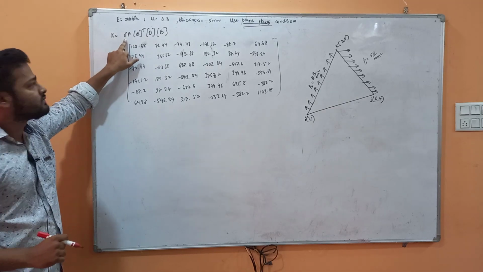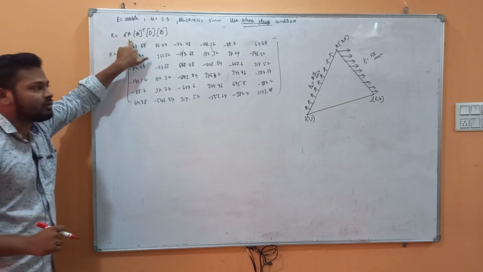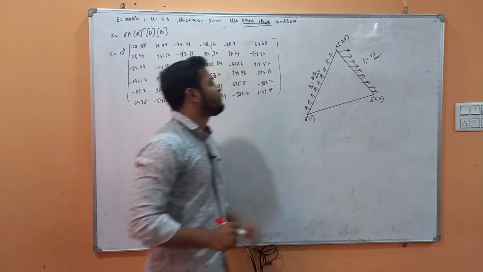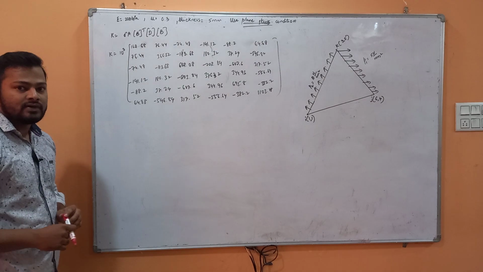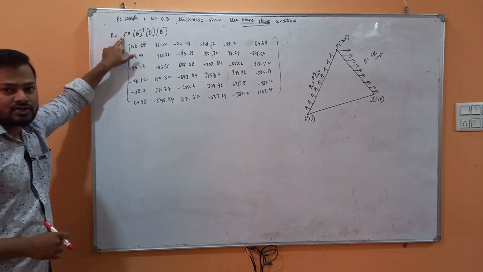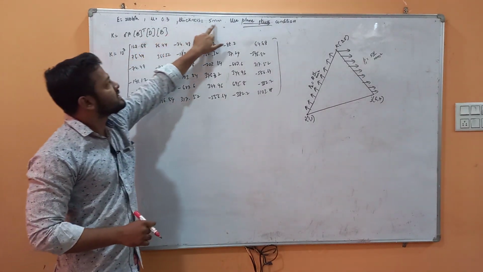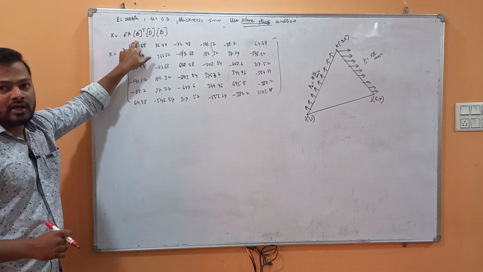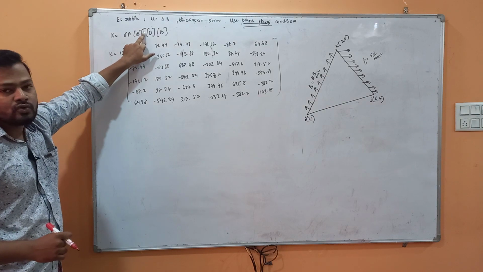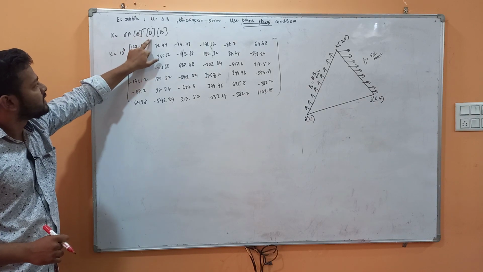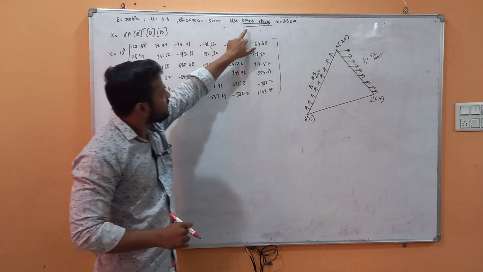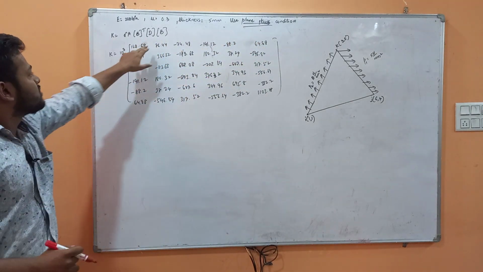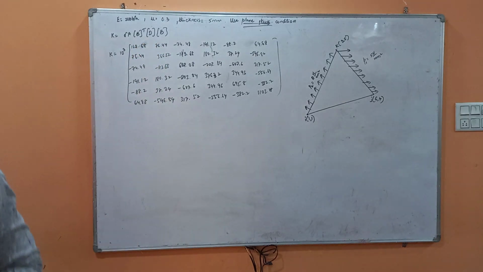Delta is the thickness which will be given in the question. Area we will have to calculate by using the triangle formula, for which coordinates will be given in the question. In the last class, we first obtained delta, which was given in the question and is called thickness. So delta is 5 mm. Area we calculated in the last class. B we calculated in the last class by using the formula, and B transpose we know how to do, the transpose of a matrix. D we have calculated based on this condition. So for plane strain we have a formula for D, and also we got the value of B.